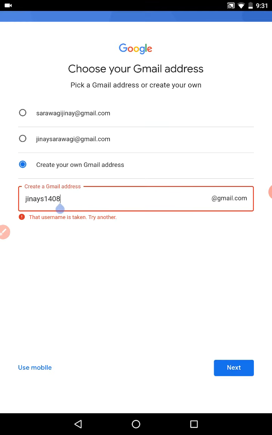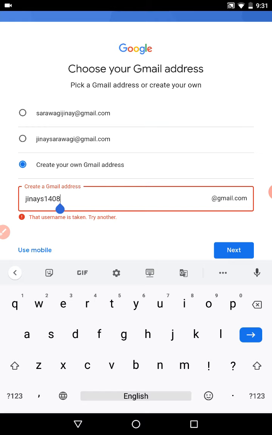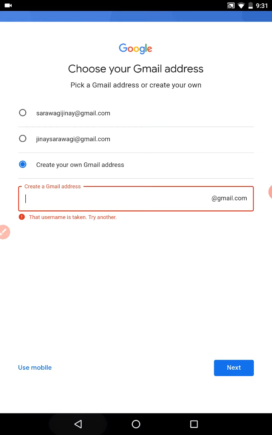But since that username is taken, I have written this, but this username is already taken. You can add any username you want here, and just click on the next button, then add a password, and then you are ready with your Gmail account.